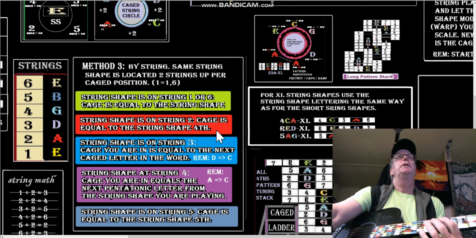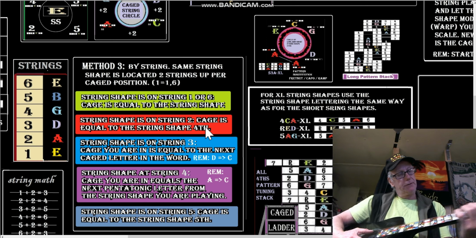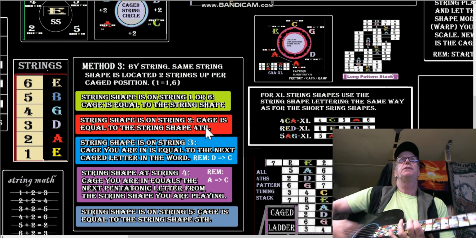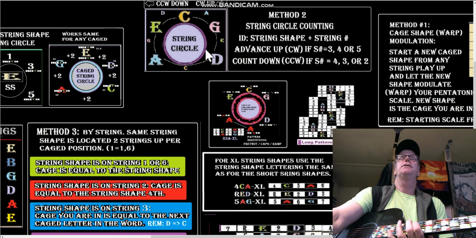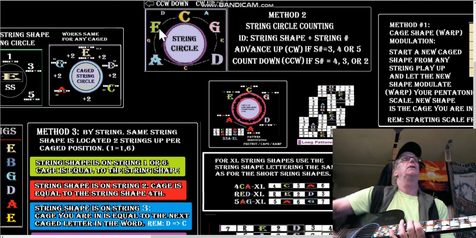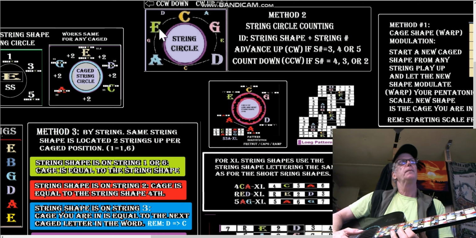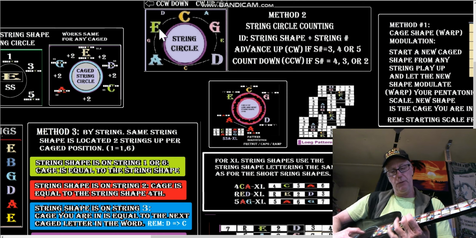Okay, we could try another one. So let's say we're on string 2 and we're doing this C string shape. We just look at the chart. Sorry, we needed this chart for this, just for the 2nd string. And we go, we're in the C string shape. We're going to turn 1 counterclockwise and we get to its diminished 4th. We're in the E cage. Okay. So it works for anything that's on the second string. You're just going to take the